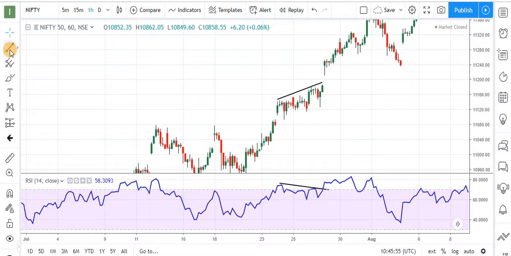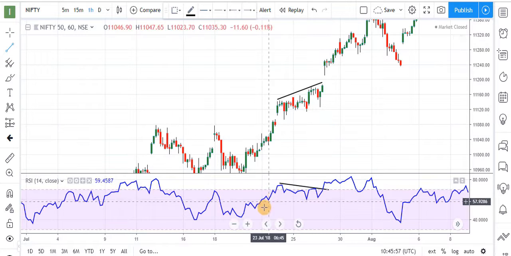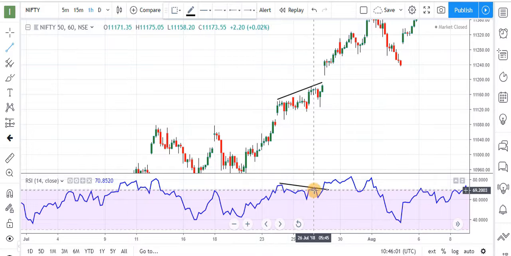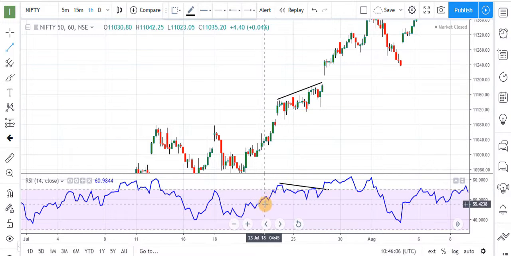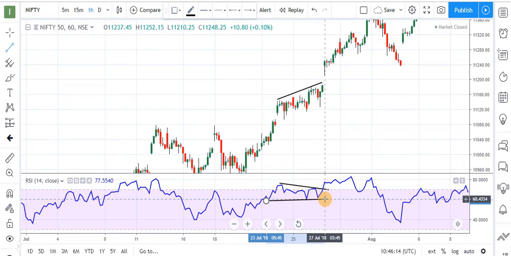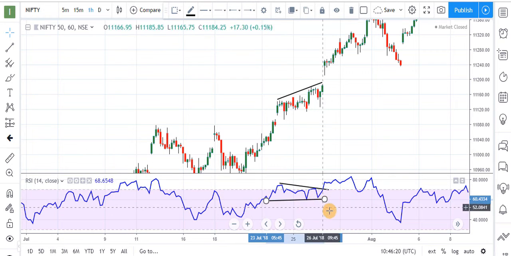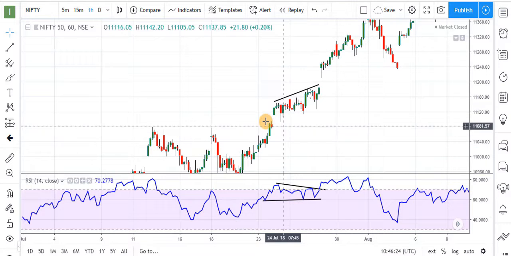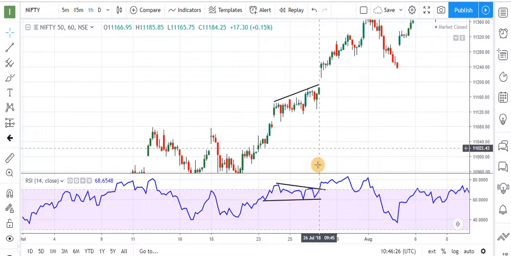For this, we will draw a support line for this divergence. See, this is the peak and this is the peak that are giving us a negative divergence. So, we will join the lows of these peaks and see RSI is not breaking down this support line in downward direction. So, we cannot make any short sell position in this case, and prices are continuously moving in upside.